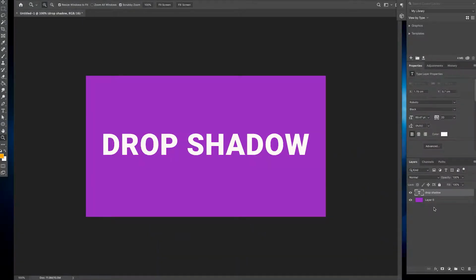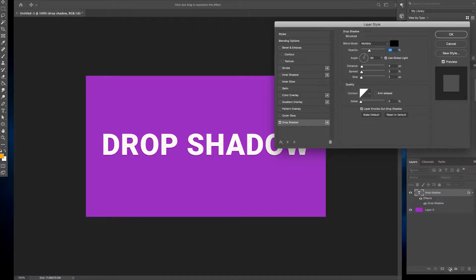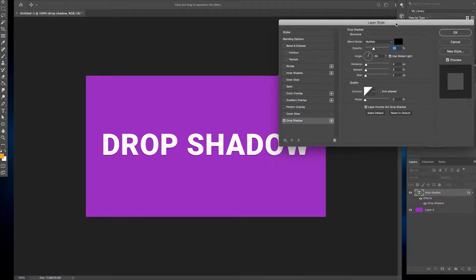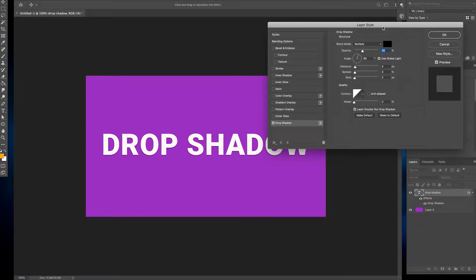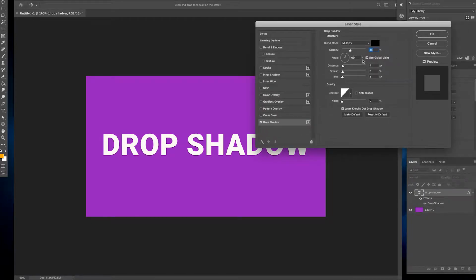Okay, so we've got our text in, we've got our background done. What we're going to do now is we're going to add a drop shadow. So we're going to go to Effect, and then we're going to go to Drop Shadow. Here it will drop us in a drop shadow. As you can see from there, it looks okay. There's nothing wrong with it. It's perfectly fine. But the way that I'm going to do this is I'm going to make sure that global